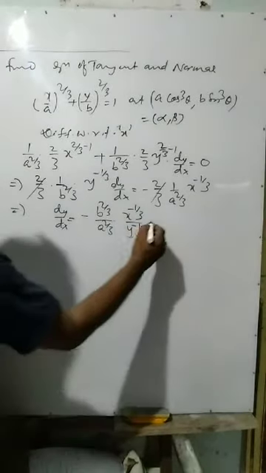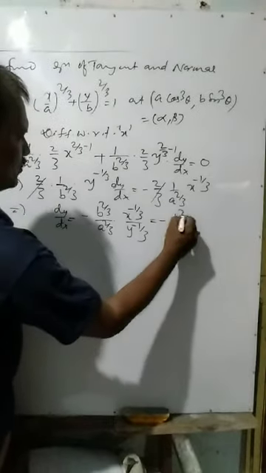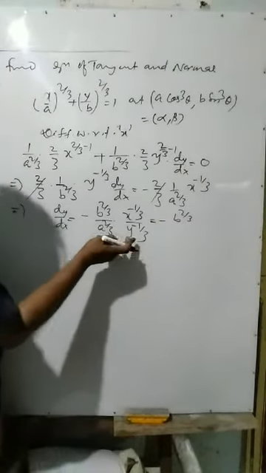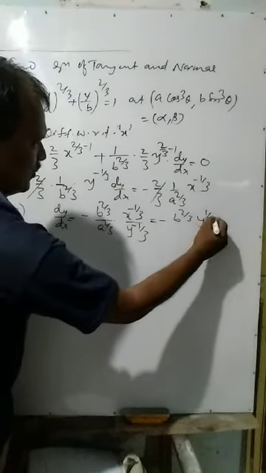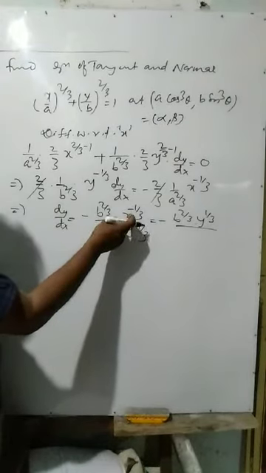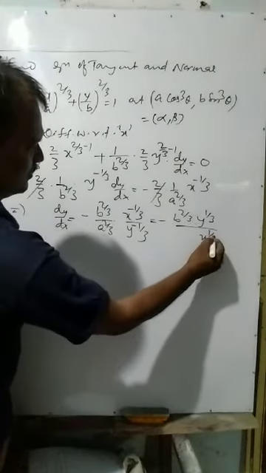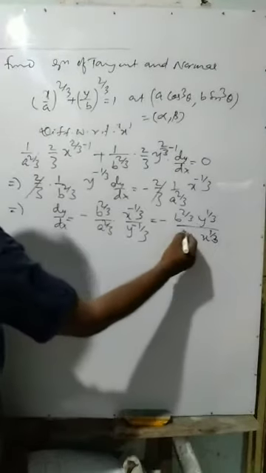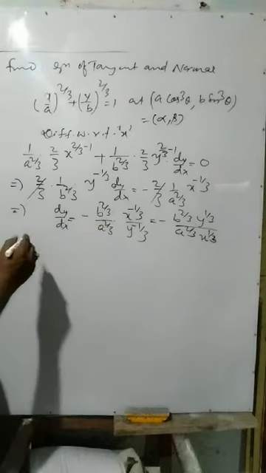Okay. So here you can also write this as minus b to the power 2 by 3 into y to the power 1 by 3. The minus is there. If you take this to the upper side, then it will be 1 by 3. Here also x to the power minus 1 by 3. If you take it to the denominator, it is positive, plus a to the power 2 by 3. The minus sign, take the reciprocal.